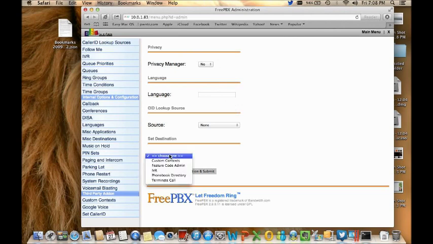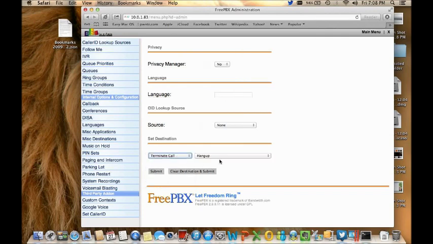Set destination. For an example, since we don't have a destination here, you will probably see things like the IVR, like you see here, the feature codes, something special, phone book, or kill the call. What you also see here are extensions, or your ring groups that you might set up, your call queues. Once you click on that, it actually gives you each call queue that you can go through. Since we don't have any call queues at this time,